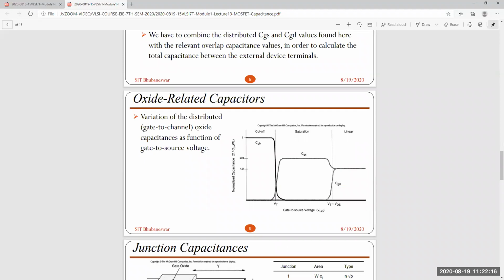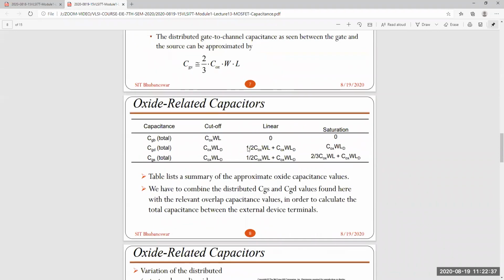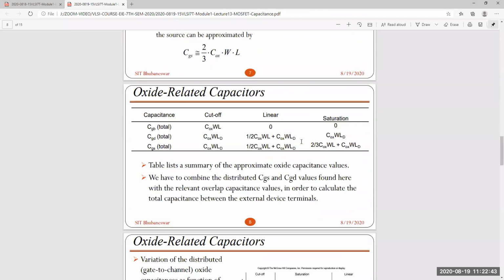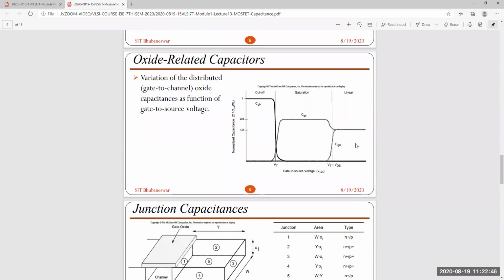And finally this is the curve. Actually, this is very, very important, because in most interviews they are directly asking this type of curve. So draw the intrinsic capacitance curve of a MOSFET, the small signal intrinsic capacitance of the MOSFET. In cutoff region, saturation region, linear region, you have to draw this way. If you know all these things, then you can map to these equations, tabulate it, then finally draw this. Or if you directly remember this without knowing that, then it's a disaster. If they ask something different, you can't answer.